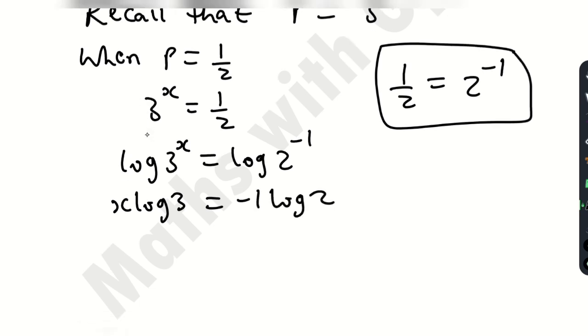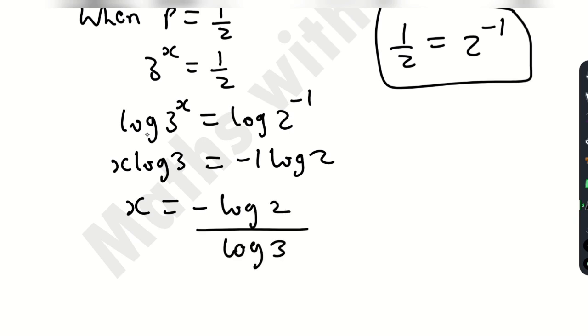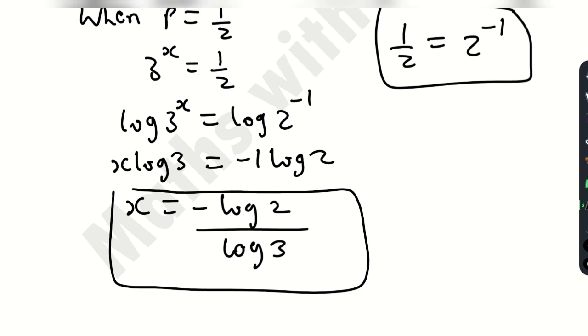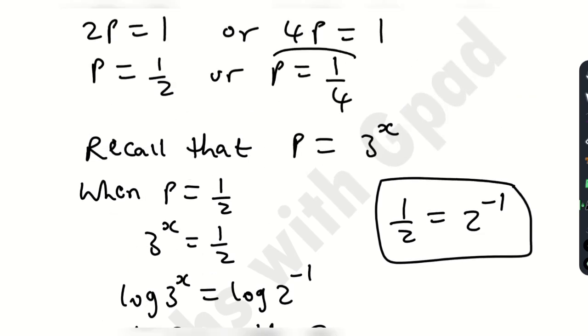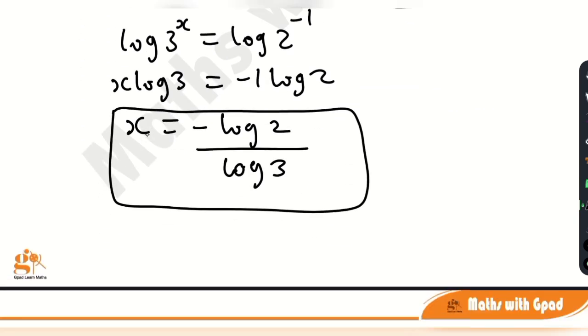So let's divide both sides by log 3, so we have x standing alone. x will be equal to minus 1, or minus log 2 over log 3. Now this is one of the values of x. Let's get the other one. Remember that p is also 1 over 4 here. So I'll say when p is equal to 1 over 4,